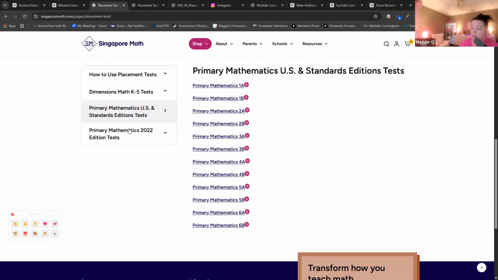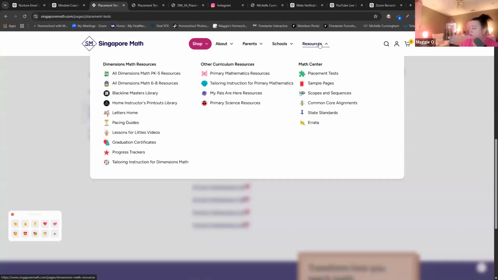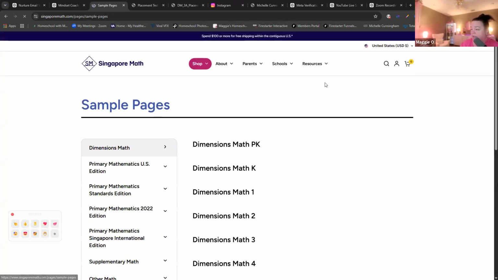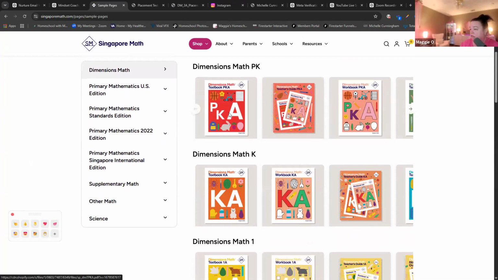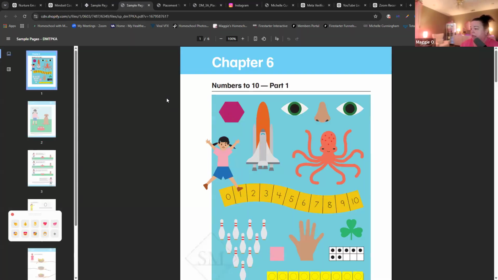lessons and books that you can look up in Singapore math. They're in here too. You can come up here to the resource section. You're going to see sample placements. Here's sample pages, which I love. This is the dimensions that we're talking about. And that gives you,